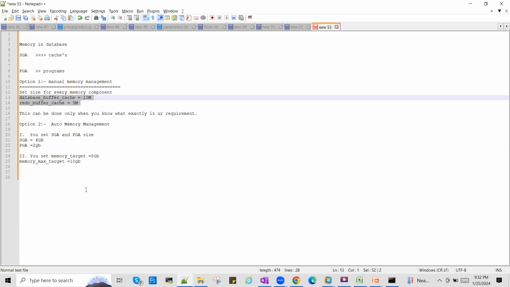So it depends on how much freedom you want to give the Oracle database to determine the memory component sizes for you. Generally, in most places, this is what is followed: they set an SGA size, they set a PGA size, and they keep control on how much memory can be given to SGA and PGA. But later on, in later releases, Oracle came up with this option where you don't even need to think about giving SGA and PGA,